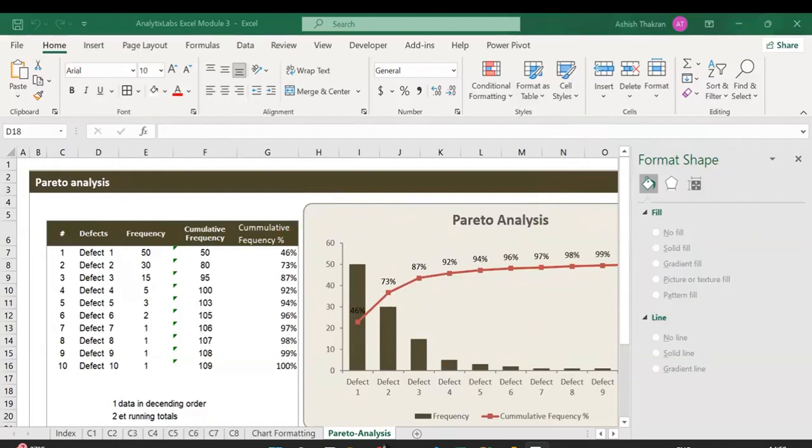So let me just get the data, and then we will see what we can do in that case. Let's say defects and frequency. So I have these defects and I have this frequency. So these are my problems, issues, defects in a particular product. Let's say these are my frequency count of the customers. Now, first step is what? Sort the defects